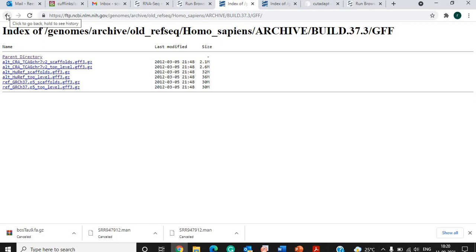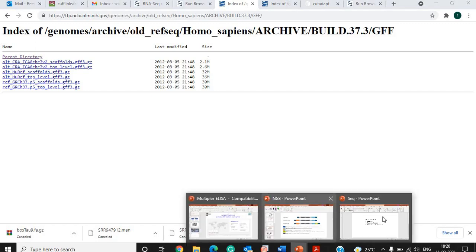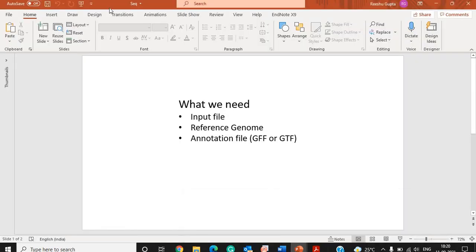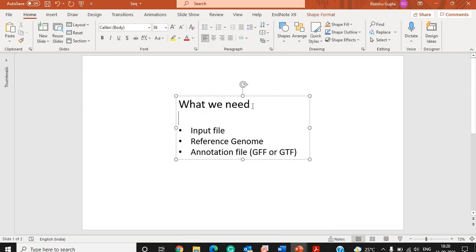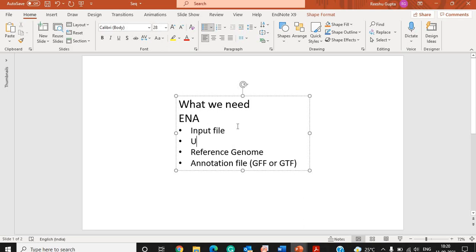But I would suggest you go to the UCSC. So what I can suggest is you can use either the ENA database for the input file. For the reference genome, you can use the UCSC site.